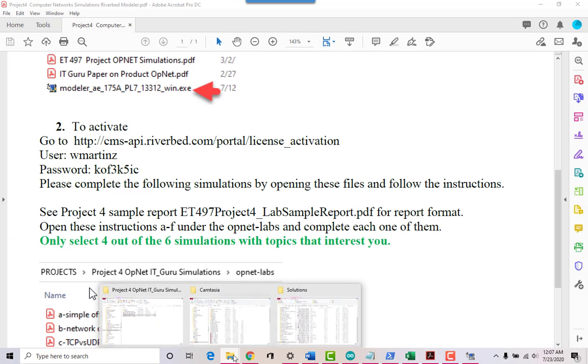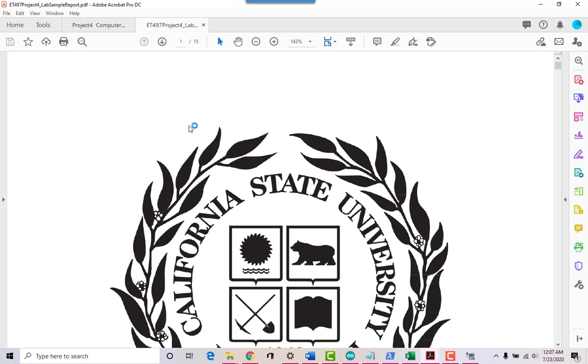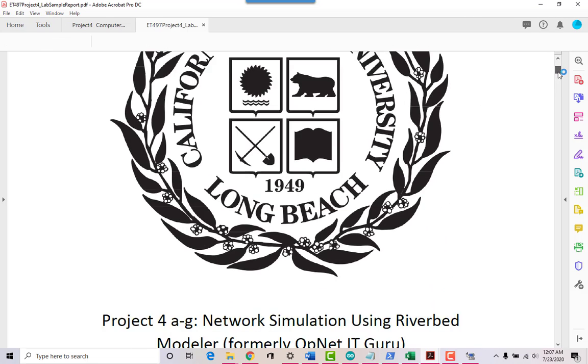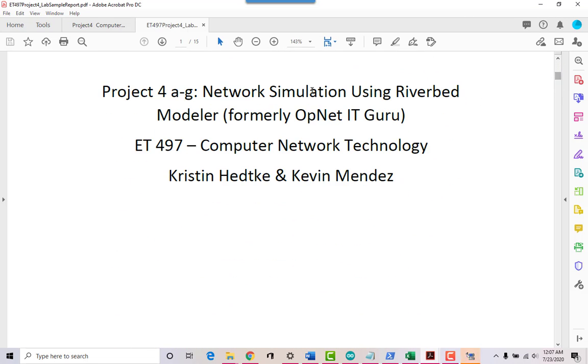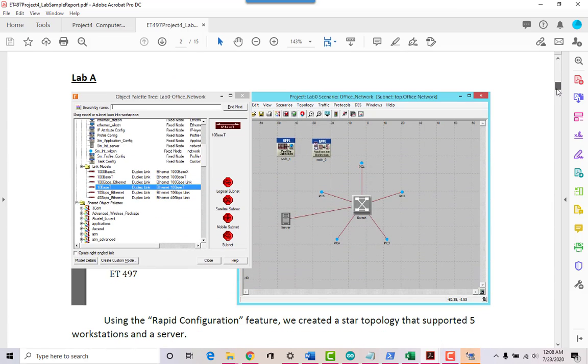Let's just open it up from the folder. Sample lab report, and you can see that you just have your name, the project, and basically what I'm looking for is the screenshots of the outputs of the simulations that you're doing, and the screenshots of what your graphics look like.